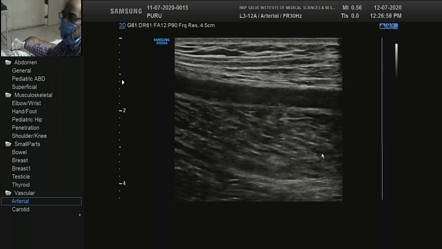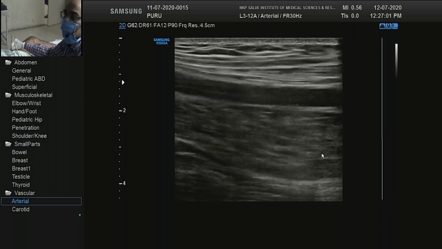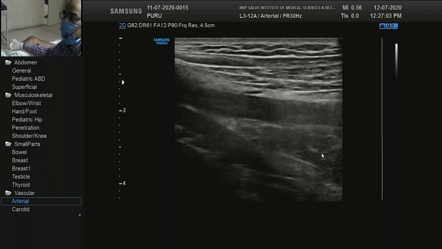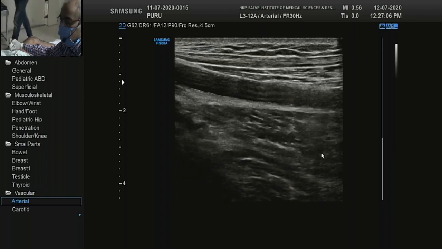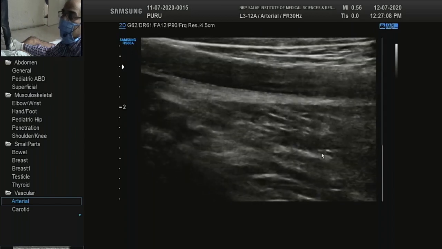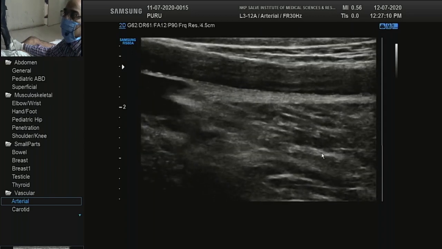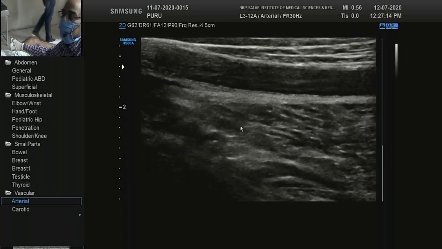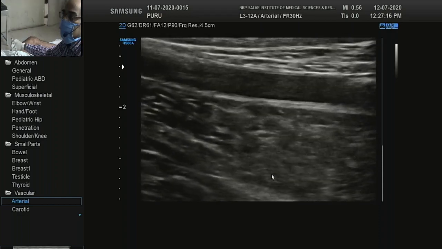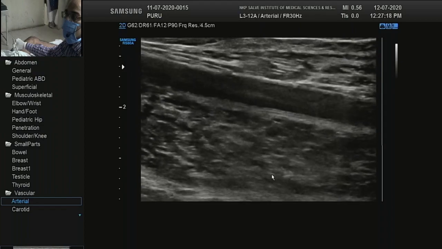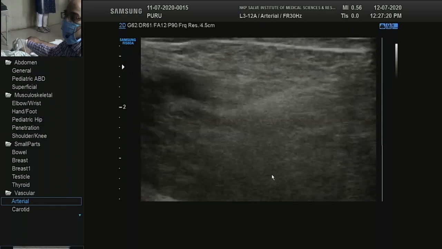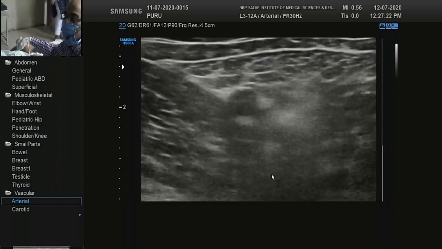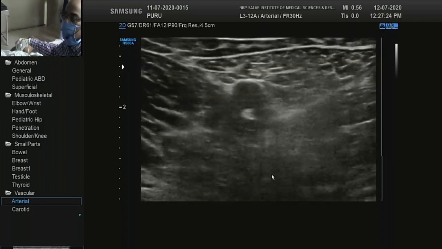In long section you can see it better, the lumen and intimal layer. You can appreciate the intimal layer here, that is seen, and that is normal, not much thickening is there. So this is in the thigh, the femoral artery and the femoral vein.